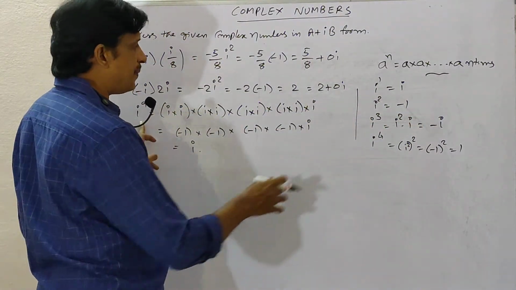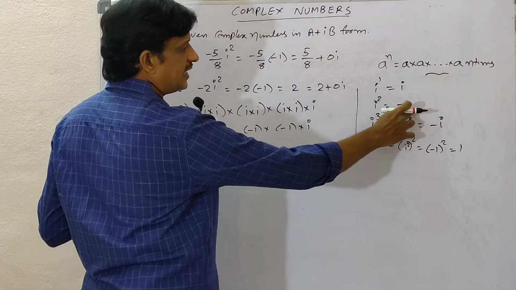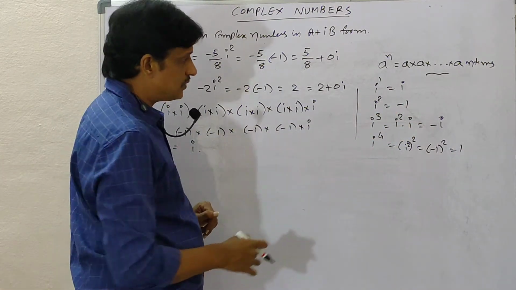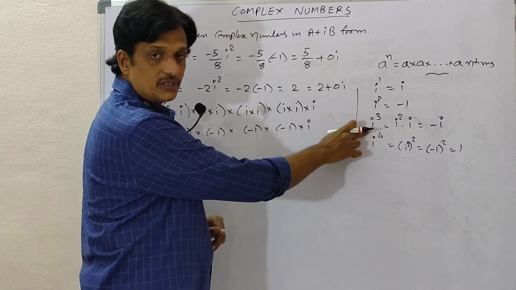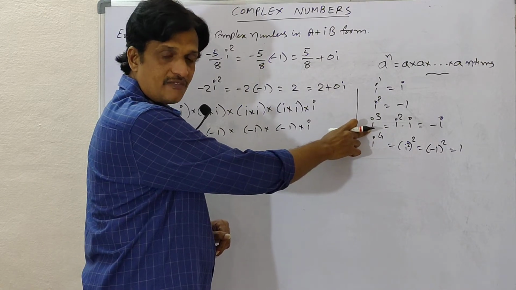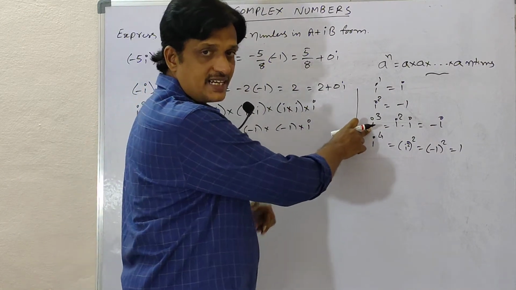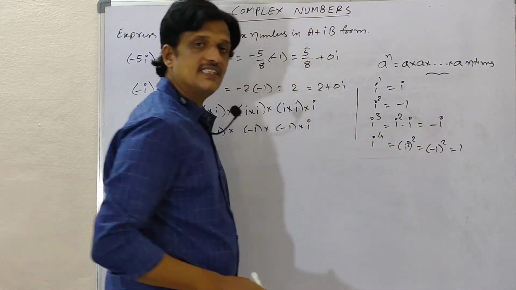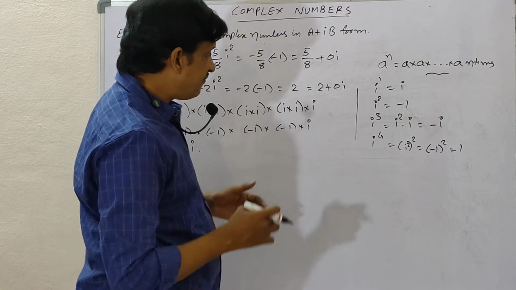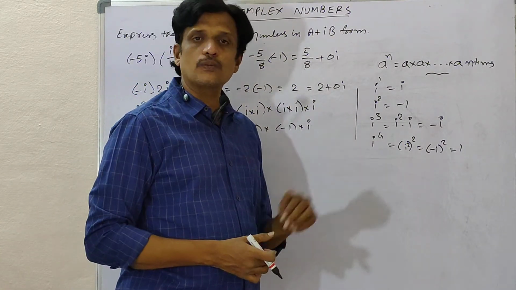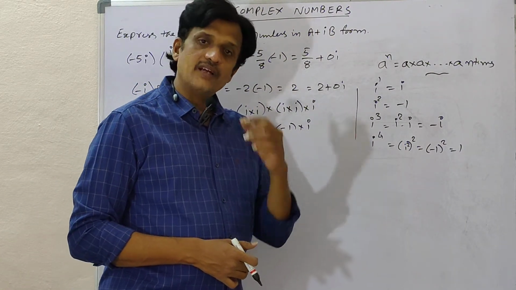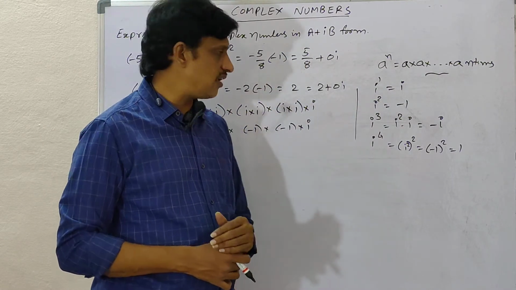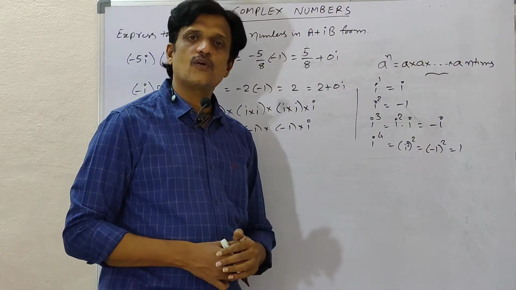So the value of i power 10, with remainder 2, the result is minus 1. Suppose i power 11 is given, then you are left with i cube. 3 is the remainder: 11 divided by 4, 2 times is 8, remainder is 3. Then you are getting i cube at the end, whose value is equal to minus i. If the index is a multiple of 4, like i to the power of 4 or 20 or 40, then that is always equal to 1.